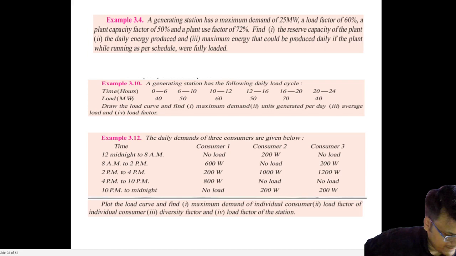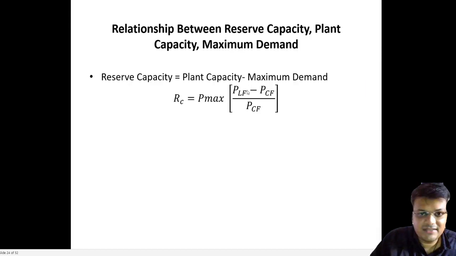As I discussed, this kind of question is asked in the exam: the reserve capacity of the plant. It will be given in the form of load factor and capacity factor, and we have been given the maximum demand. Remember this formula? It is a very important question from the exam point of view. Anupma Chaudhary says 5 megawatt. We have been given a load factor, we will calculate the plant capacity factor, and we have also been given the maximum demand. By calculating this, we will get the correct answer.